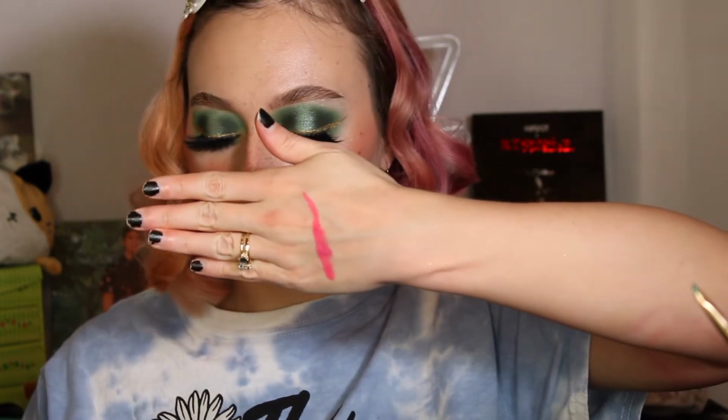Alright, let's do lipsticks. This one is Almagemela. I'm just going to do these on the back of my hand. I do have to say, Melt has the most delicious smelling lipsticks I have ever come across. They smell like cake. I love them. This is